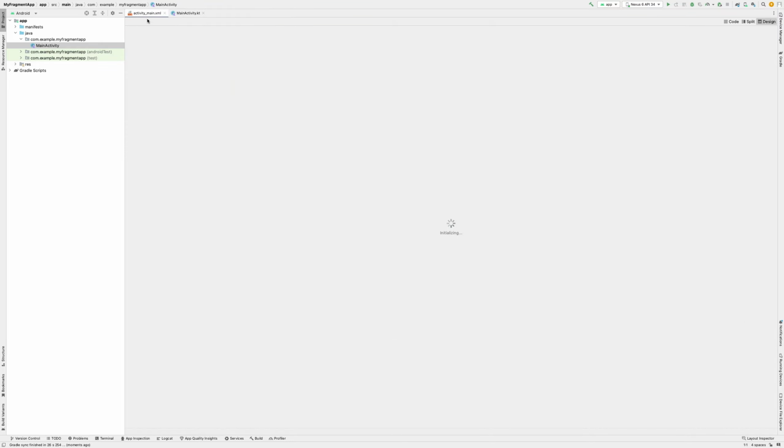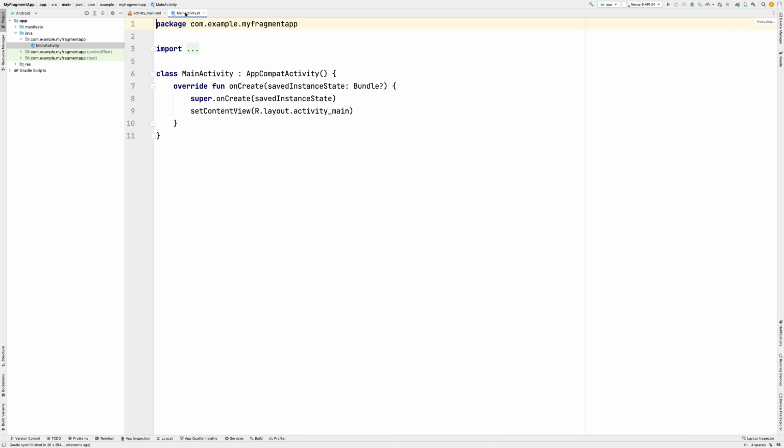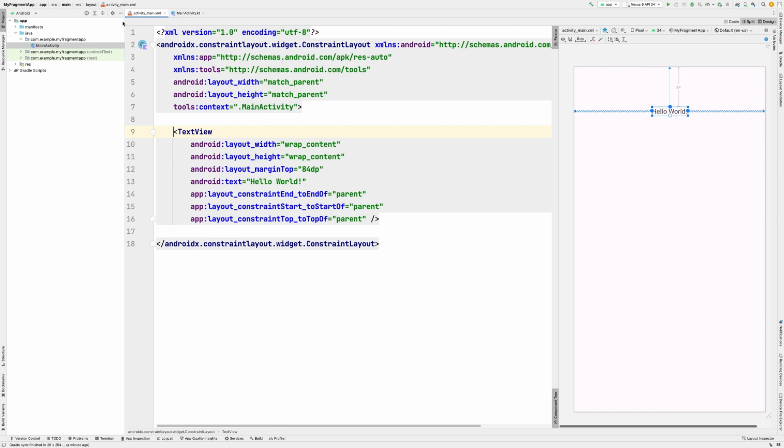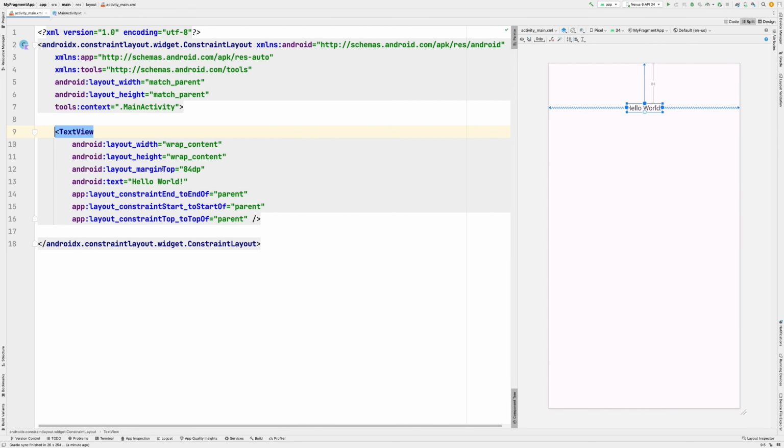So I go to the activity main.xml file, which is our user interface, and this is our main activity. So I go there and see this is the hello world. So I need to change the text here. So I go to design mode, and here instead of hello world I write fragment app,